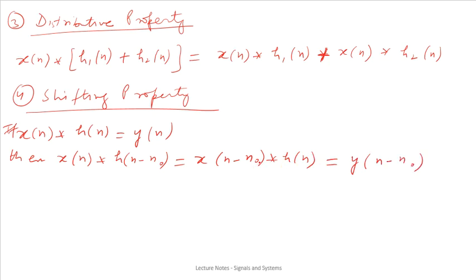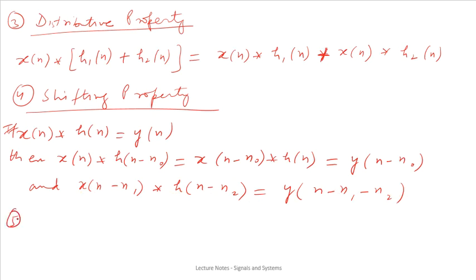So whatever be the shifting in the input signals, any one of the input signals, the same shifting will be in the output signal. And let's suppose that if there is shifting in both the signals, that is xn as well as hn, so the output will come as, if there is shifting of n1 in xn signal and n2 in hn signal, then the total shifting will be this n1 plus n2. Okay, so it can be written as yn minus n1 minus n2.